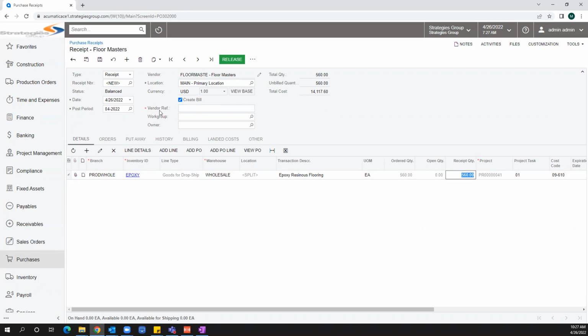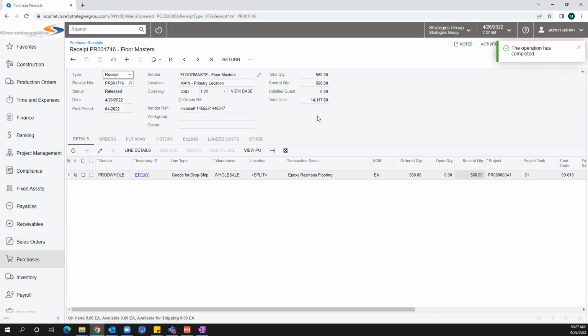So I'm going to leave that there and click vendor reference. My vendor reference is the actual invoice. So I'm going to say my invoice number is this, save my purchase receipt, and I'm going to click release. Now, what the system is doing is it is receiving the goods, and at the very same time, it is creating the actual AP bill. I have my demo site configured to where it receives the goods and creates the bill all the way through